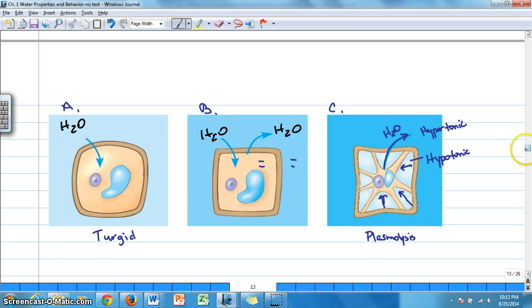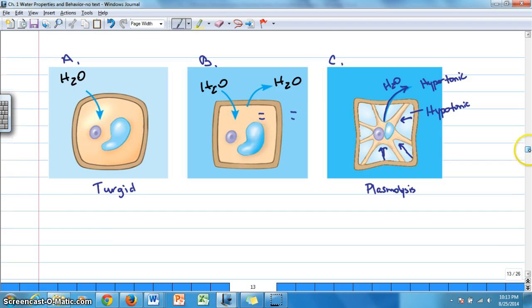It's rare that we see plasmolysis in nature. This is kind of an extreme example here in this environment. Perhaps a plant that's exposed to high salinity or drought. And then B, we want to sort of take note of here. This is where we have equal concentrations of solutes on both sides of the membrane. And that's going to allow water to come into the cell at an equal rate that it's leaving the cell, or basically the net diffusion